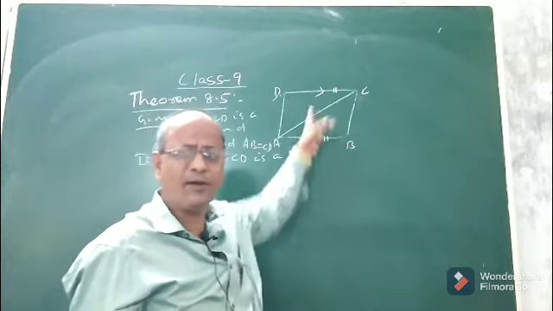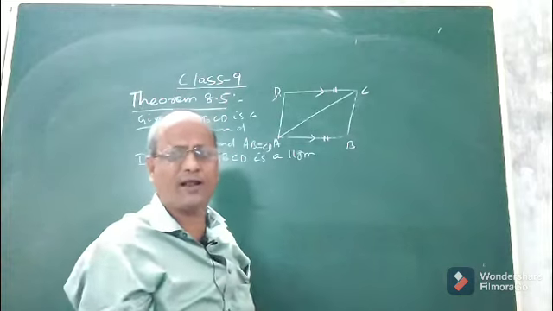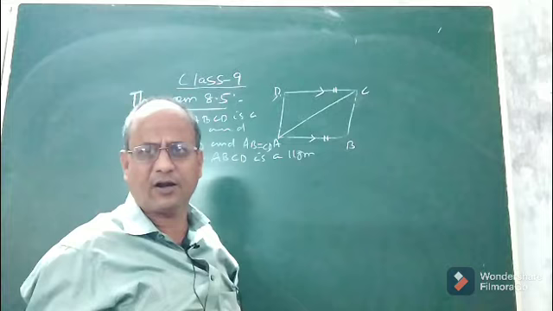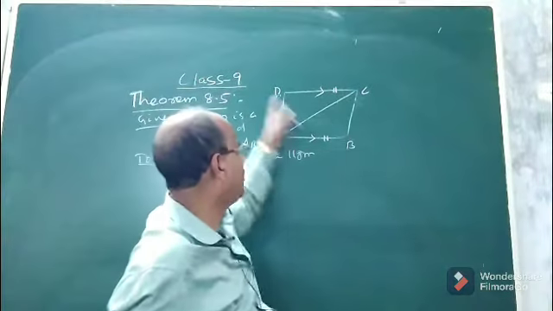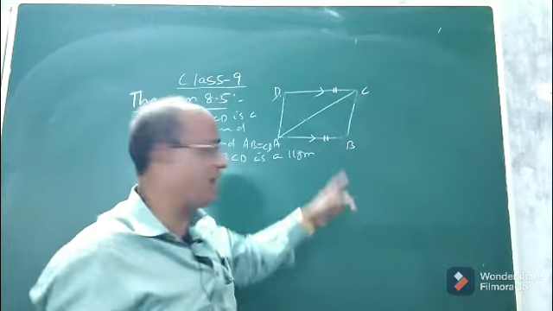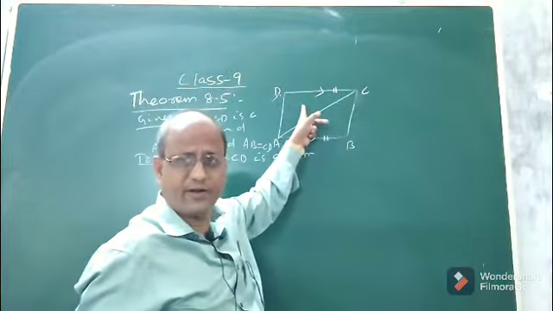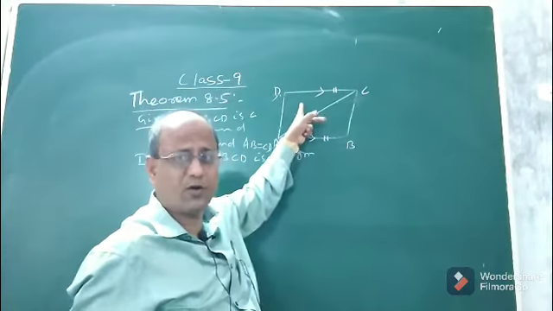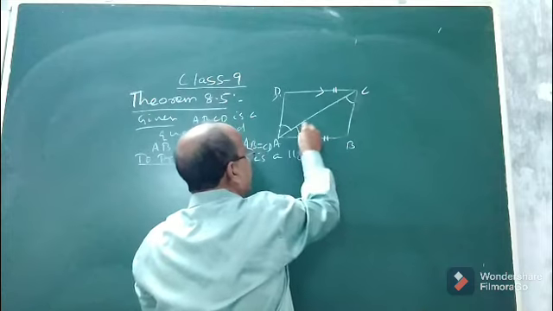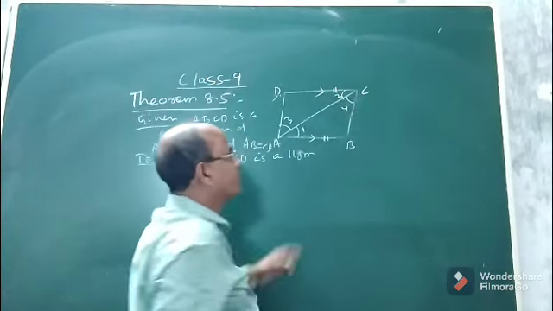One pair of opposite sides is parallel, given. If we can show the other pair of opposite sides parallel, then no doubt that is a sufficient condition for a quadrilateral to become a parallelogram. Now the point is how to show AD parallel to BC, that is our concern. So to do that, first you take the congruency of these two triangles. When these two triangles are congruent, look at this angle and this angle. Suppose this angle is 1, this angle is 2, this angle is 3 and this angle is 4.